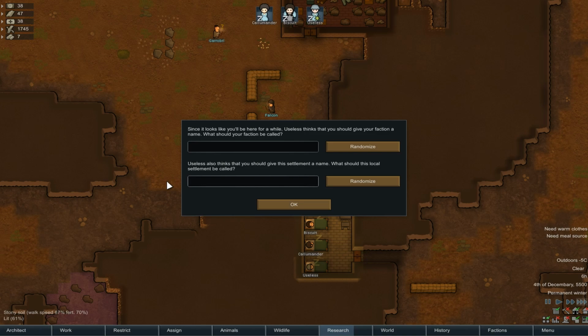Like, come on. So, what should we name it? We've got a faction and a settlement. Let's name our faction the Red Republic. I'm sure a few of you know what that means. And then the settlement we'll name...